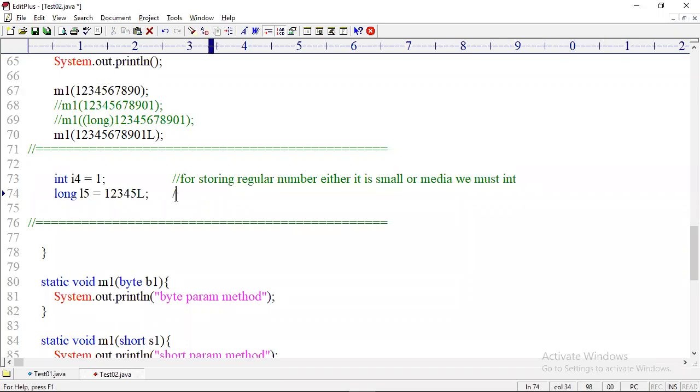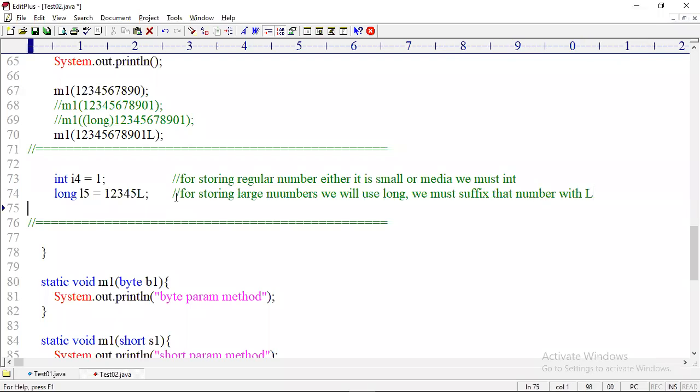For storing large numbers, we will use long, and we must suffix that number with L.